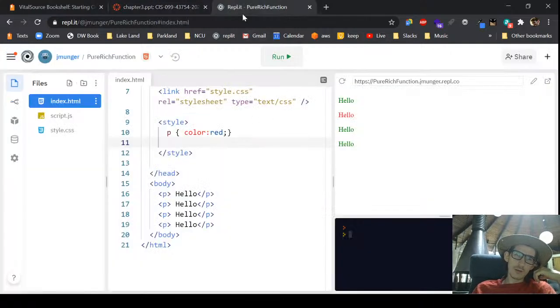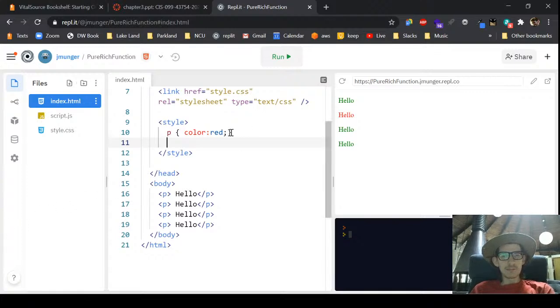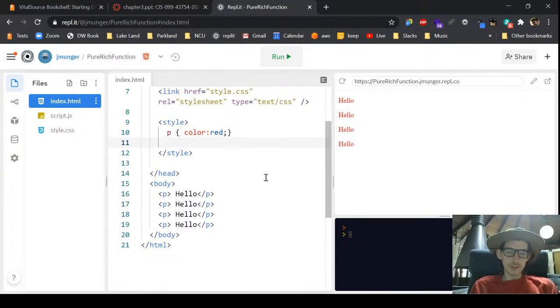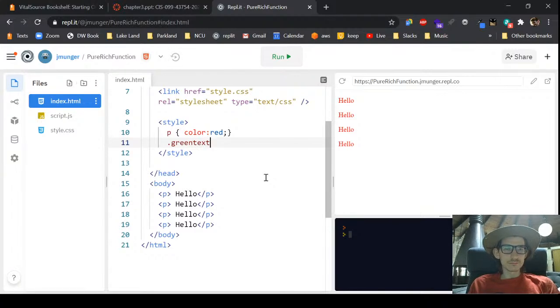So let's take a look at this. So we have our 4 paragraphs, and we want to make them some red and some green. Okay, so I'm going to make them all red at first here. Okay, and then I want to make every other one green. All right, so I'm going to create a new class. I'm going to call it green text,